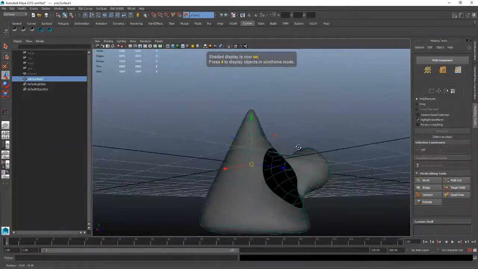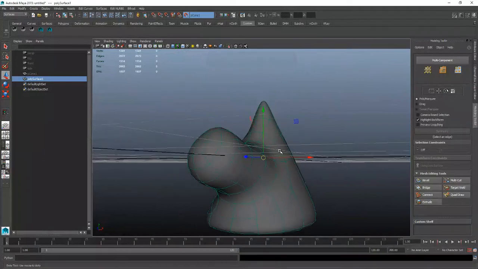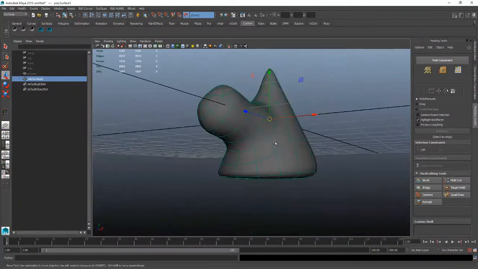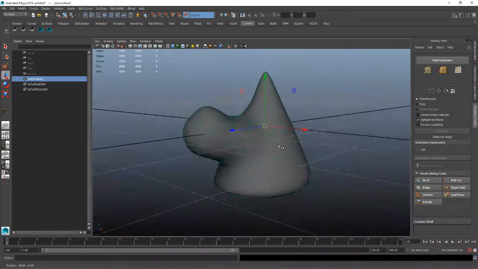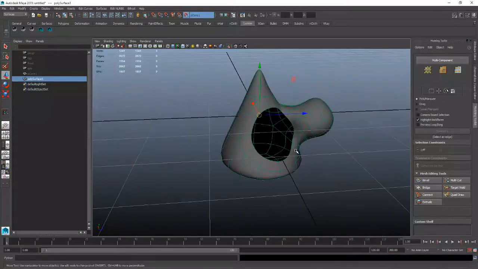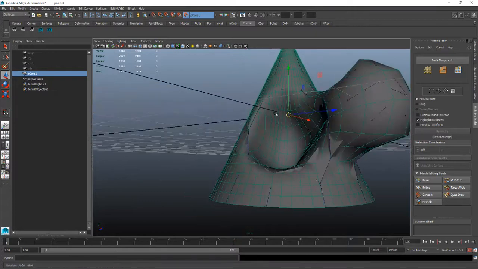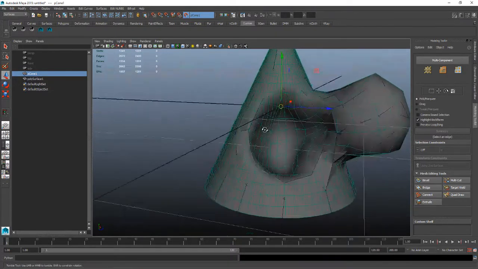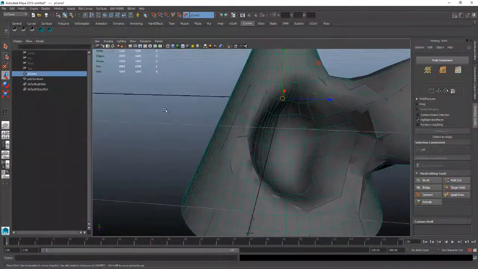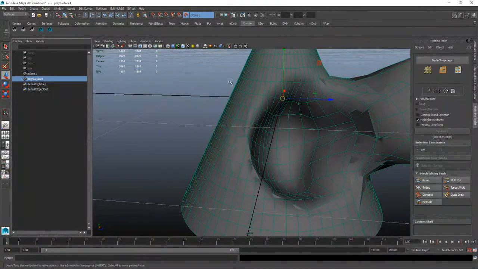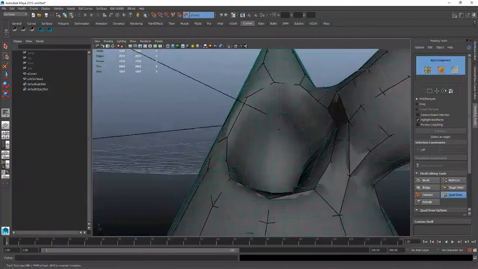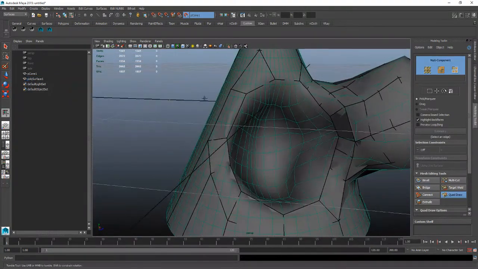Okay, you can see it's smooth like that, and the lines are running pretty nicely, pretty much how I want to run them. Okay, and the last thing would be to finish off this side. So I want to make sure that my P cone is still my live object. Go back to my poly surface, go back to quad draw, okay, and turn off my grid because it's getting